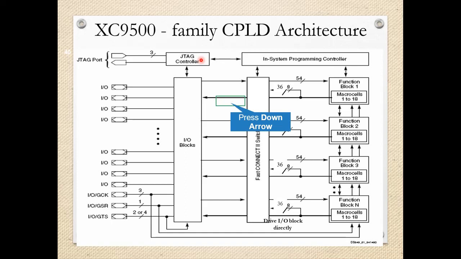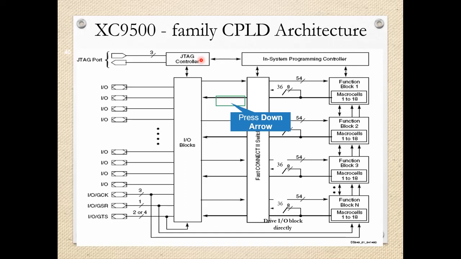So this is a serial port. On this particular pin you can see the data is coming, and that will go inside, and we can program the device. The superior pin locking and routability with fast connect switch matrix. So we have this fast connect switch matrix, with the help of which we can have a programmable interconnect between the different blocks. Up to 90 product terms per macro cell with individual product term allocation.